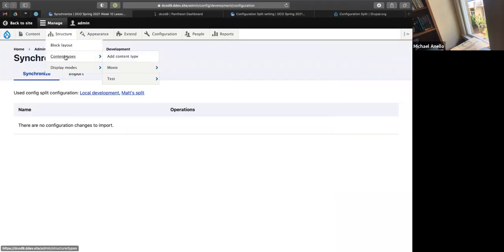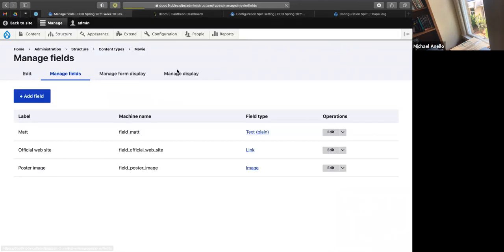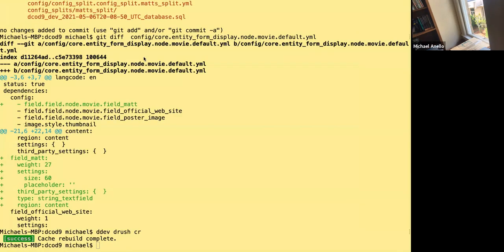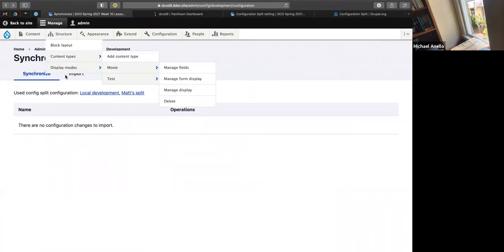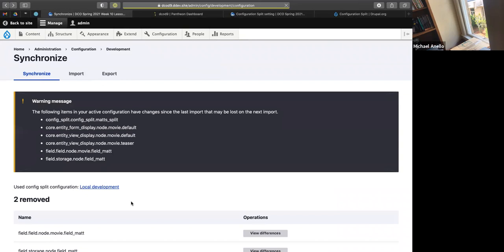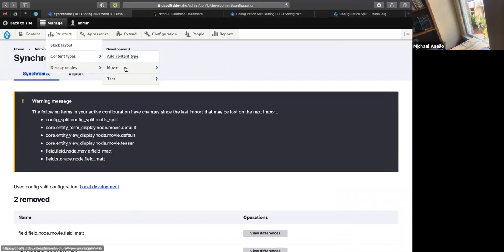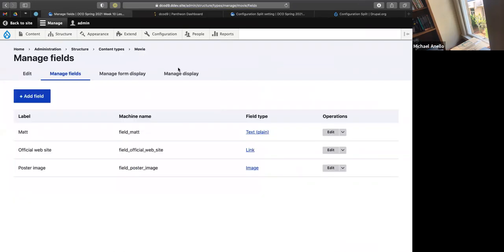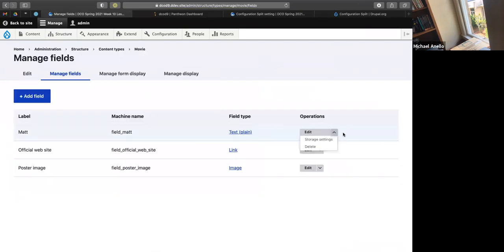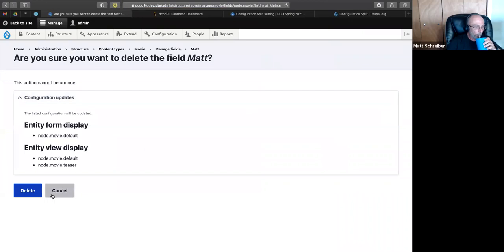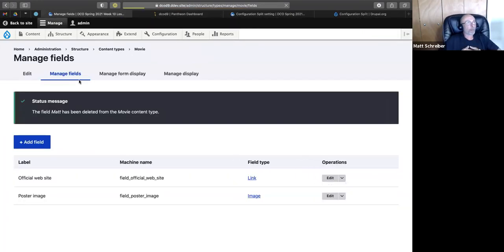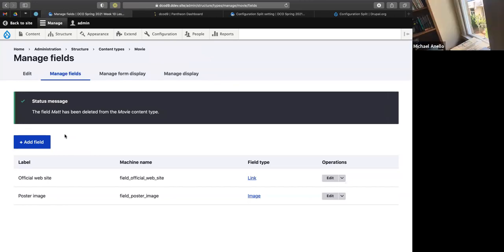So just for the heck of it, if I come over here, I'm going to get rid of that field. I disabled the split, right? Let me just verify it's disabled. All right, it's disabled. So now I'm going to come over and delete that field. All right, so with it deleted,